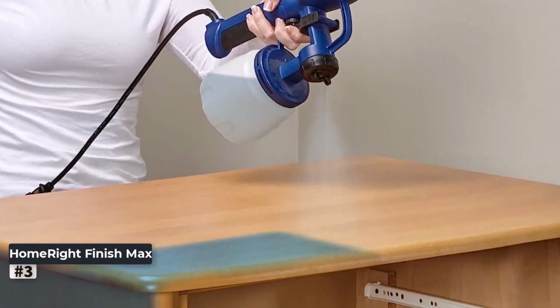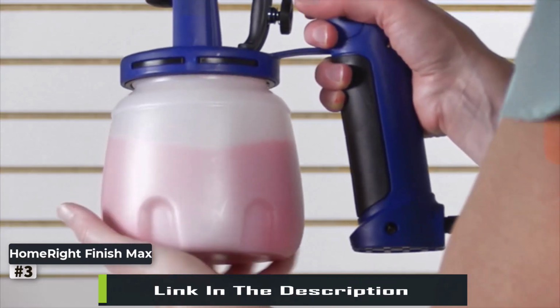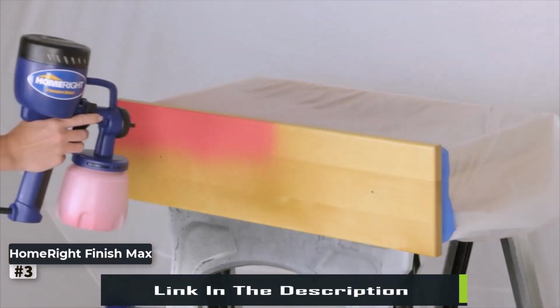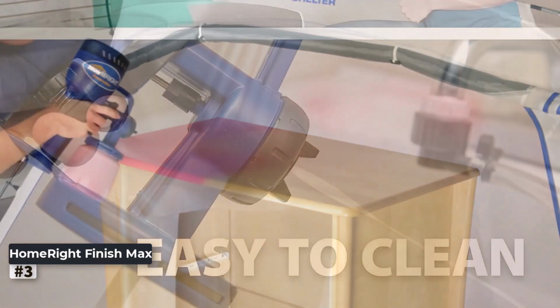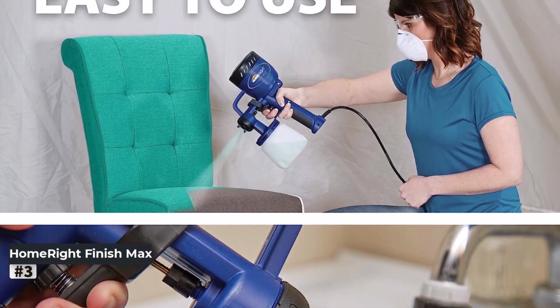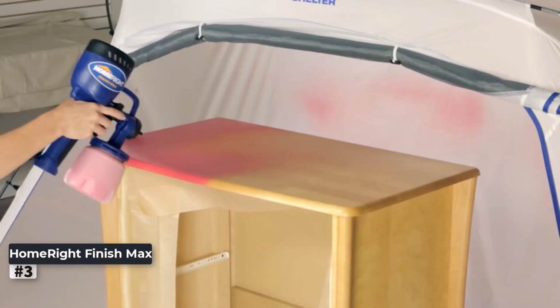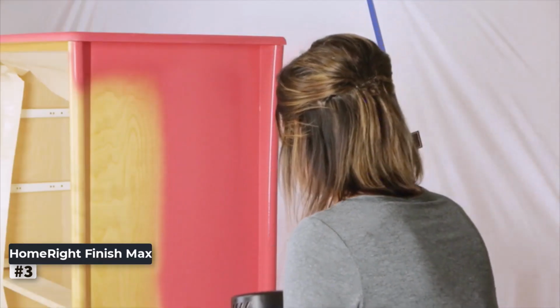Whether you're refinishing furniture or adding a fresh coat of paint to your cabinets, this sprayer has got you covered. What makes the HomeRight Finish Max stand out is its simplicity and efficiency. It's designed to be beginner-friendly, making it an excellent choice for enthusiasts and homeowners looking to tackle home improvement projects without breaking the bank. The adjustable settings allow you to switch between 3 different spray patterns easily, adapting to your